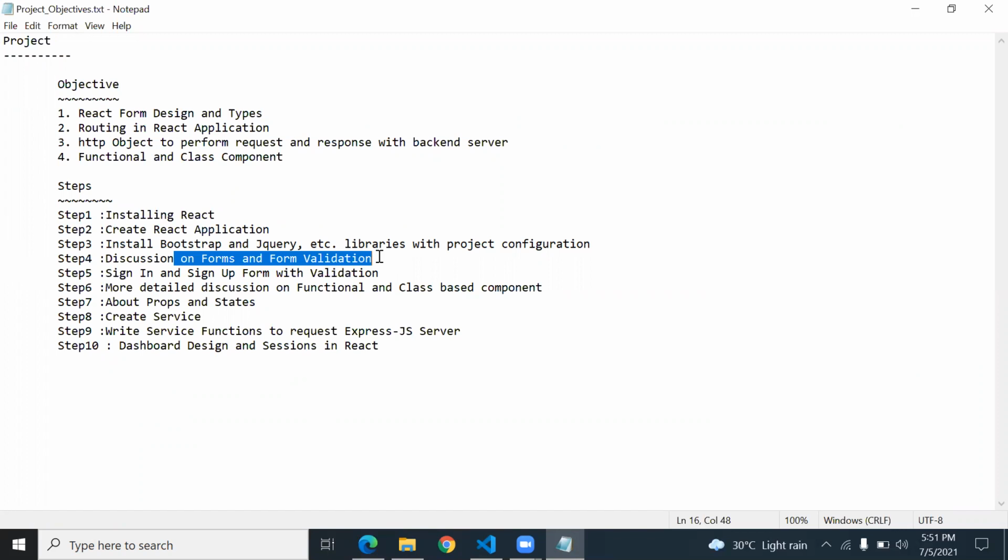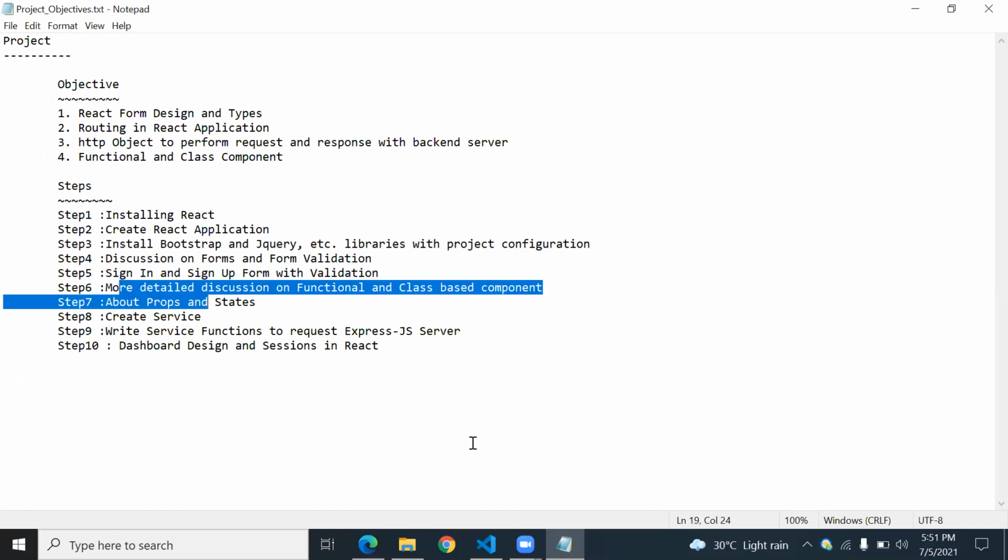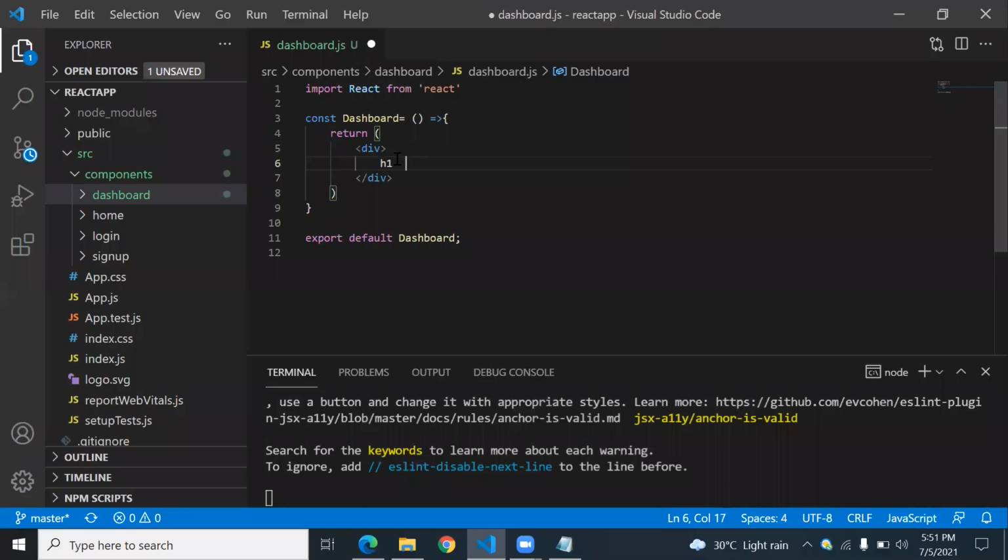How to do the form validation? If the data you enter in the form is not valid, then how to validate? First we'll complete this validation and then go for submitting the data to the backend. Directly there's no need to go for the backend. So in this dashboard, I keep just an H1, welcome to CRUD app.